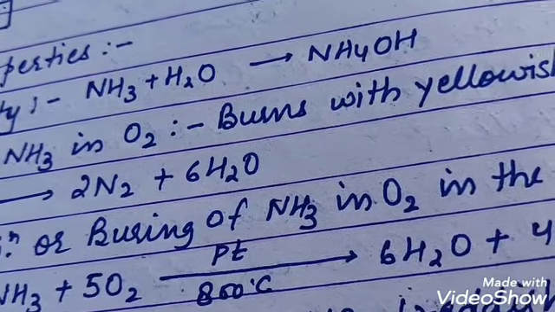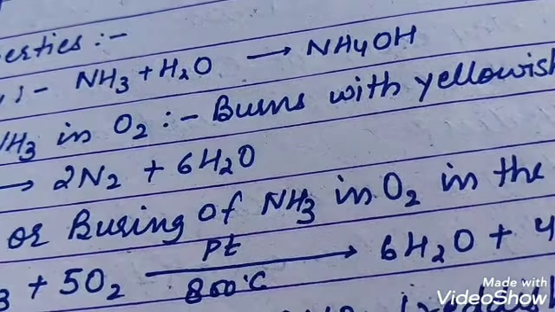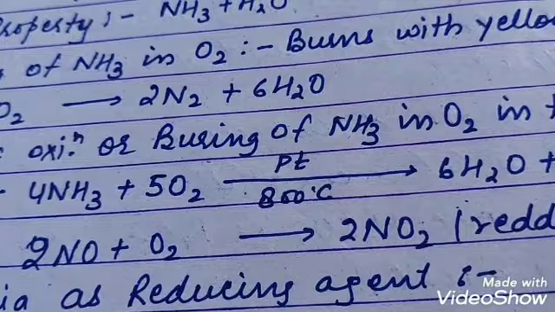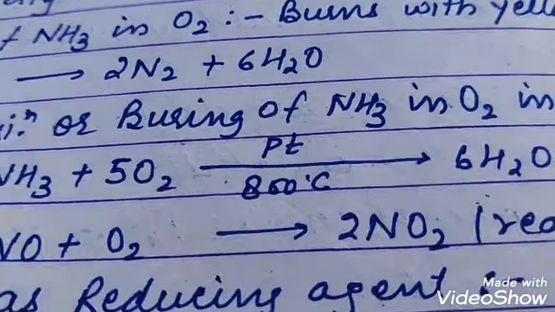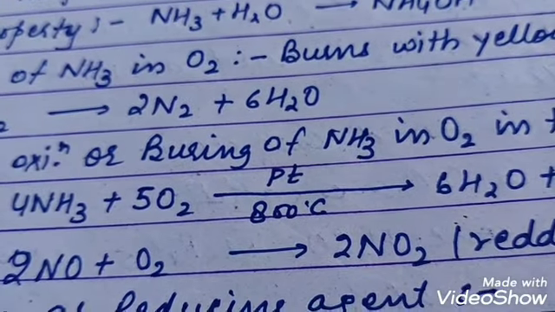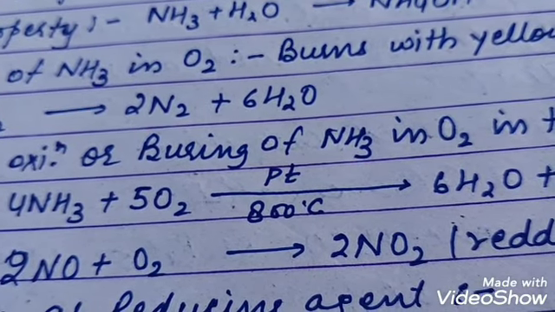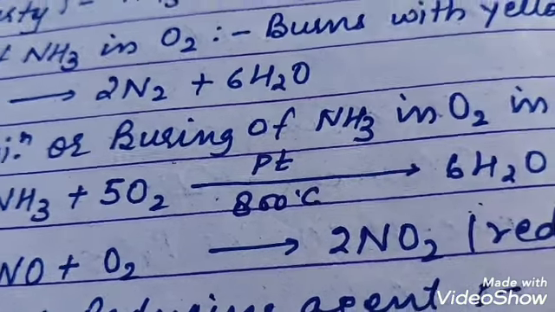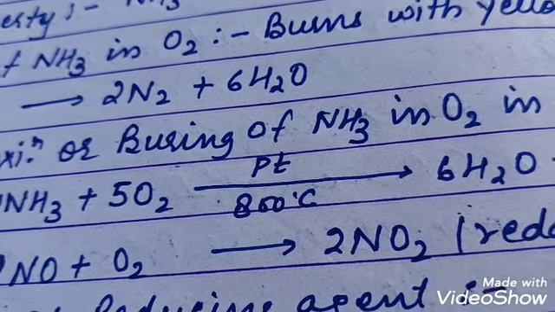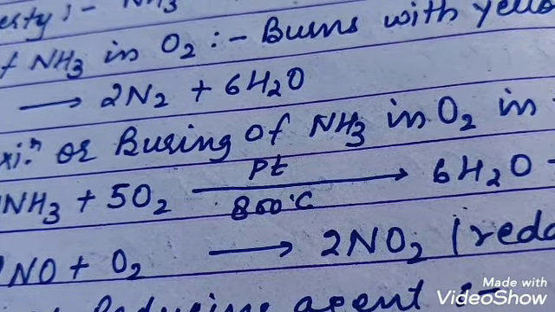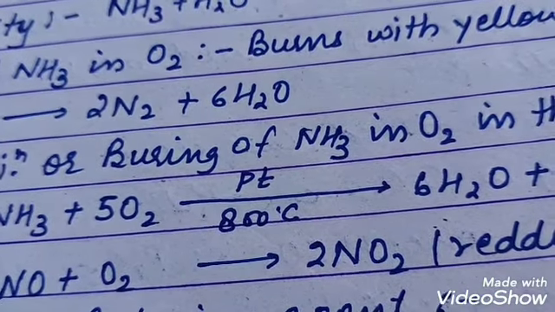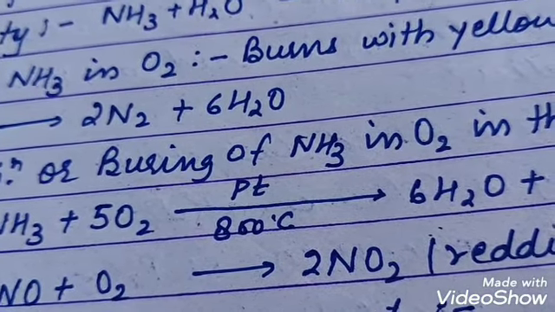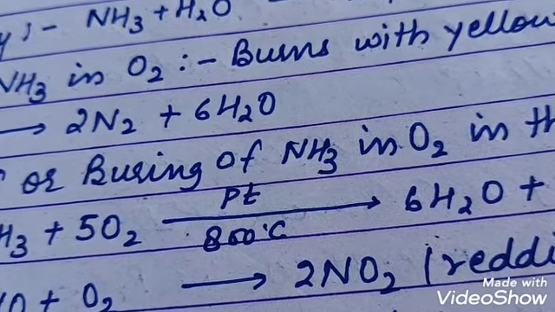Learn that with iron 2 salt it gives a dirty green precipitate. With iron 3 salt it gives a reddish brown precipitate. With zinc it gives a gelatinous white precipitate. With lead it gives a chalky white precipitate, and with copper it gives a pale blue precipitate. That copper precipitate is soluble in excess of ammonia solution. So this you have to learn from your book only.